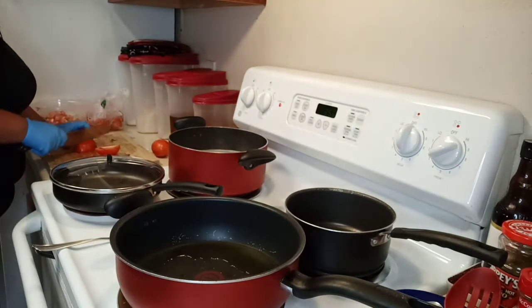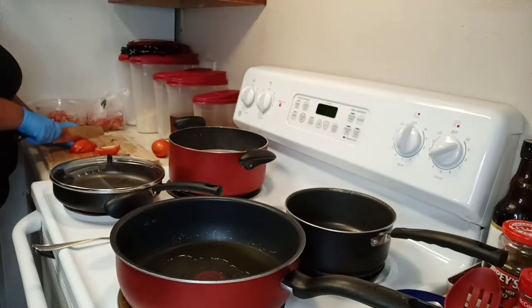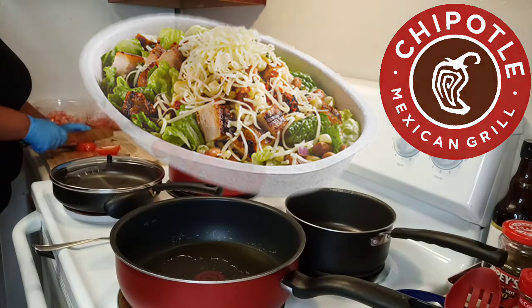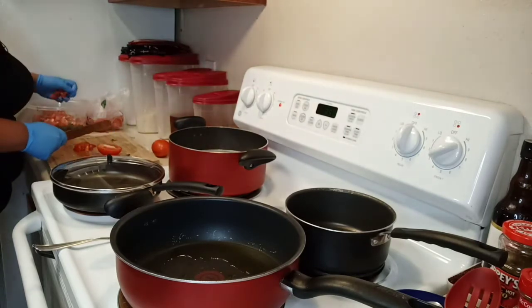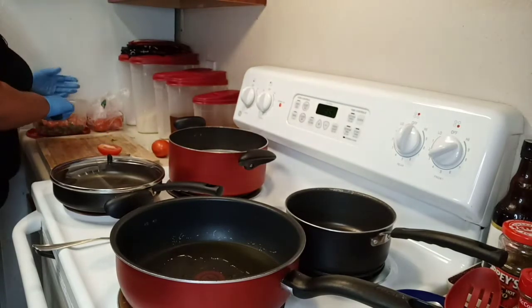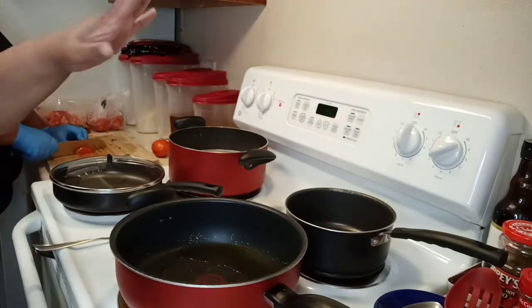Tonight, guys, we want to do a copycat recipe for Chipotle. Miss Diva has been craving Chipotle, and y'all know about the things going on in the world, so I decided that we should give it a try. She went out and gathered all the ingredients, and here we have a skillet going for the chicken,